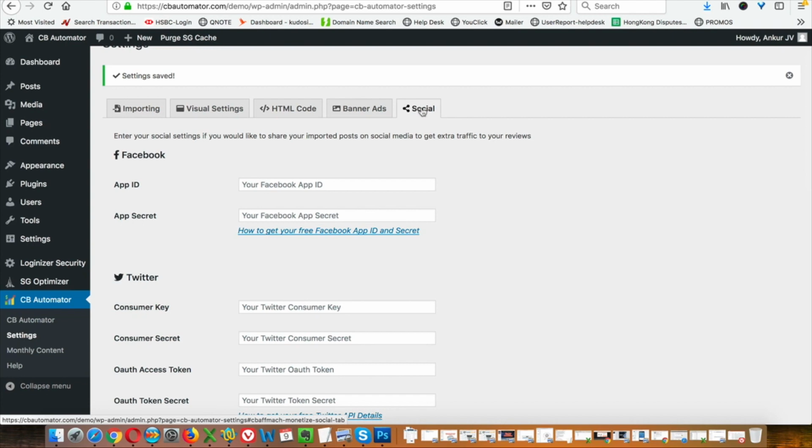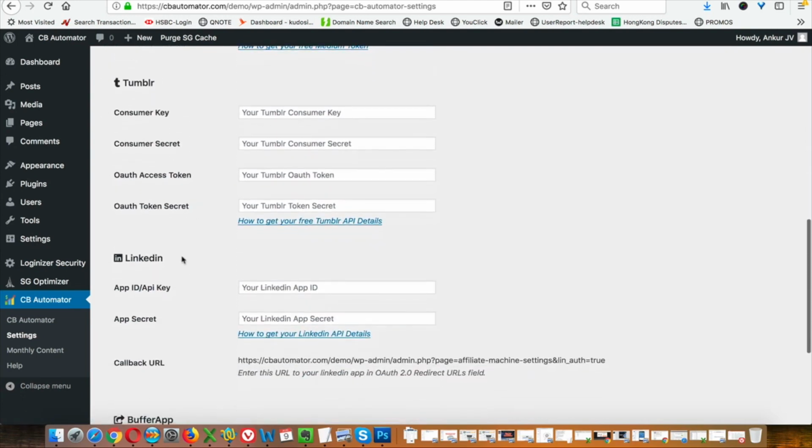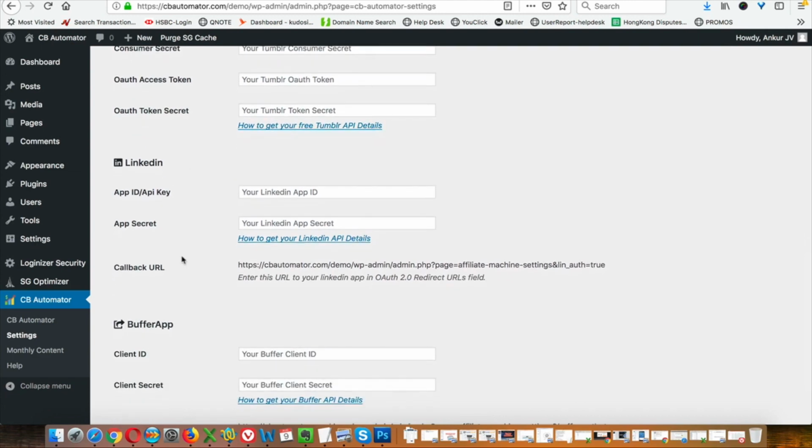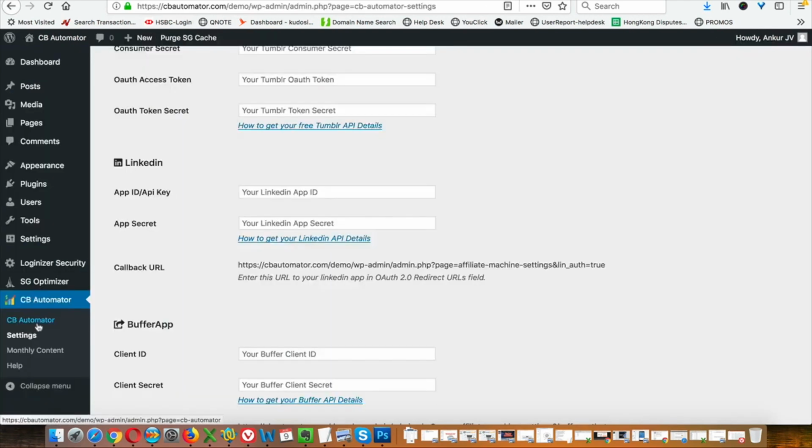So as and when new content is posted, new posts coming to your site, you will automatically share them on various social media sites like Facebook, Twitter, Medium, Tumblr, LinkedIn, and Buffer. All right, so let's begin by adding some content on your site. As you can see, your site is completely blank, and all you have to do is now go into the